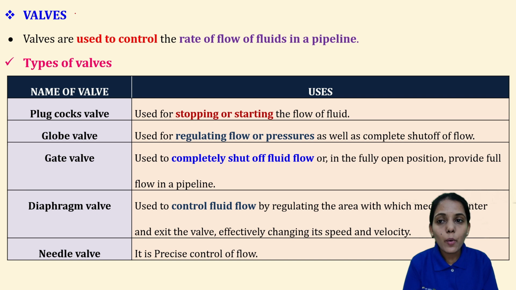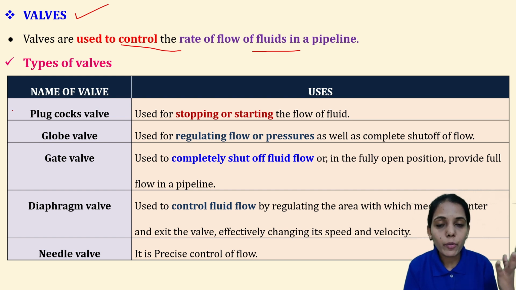Next comes the valves. Valves, we have already seen in the case of aerosols that it will control the amount of whatever product is coming out. So the same valves are used to control the rate of flow of fluids in a pipeline. Only in case of aerosols we have seen for the product concentrate, it will control the flow of product concentrate. In the valves it will be pipeline. So what are the different types of valves? Same like what we have seen for the aerosols. Depending upon the product, the valves will be different.